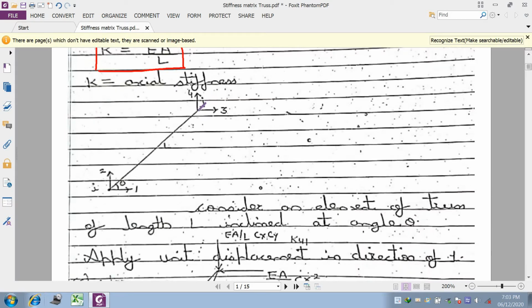So this is a truss element. Why am I considering the inclined member? I will tell you. In the truss, there will be no problem for a horizontal member and a vertical member, but as the truss member is inclined, in that case the resolution of forces will take place. So we have to consider the typical one. Therefore here it is considered as an inclined member.